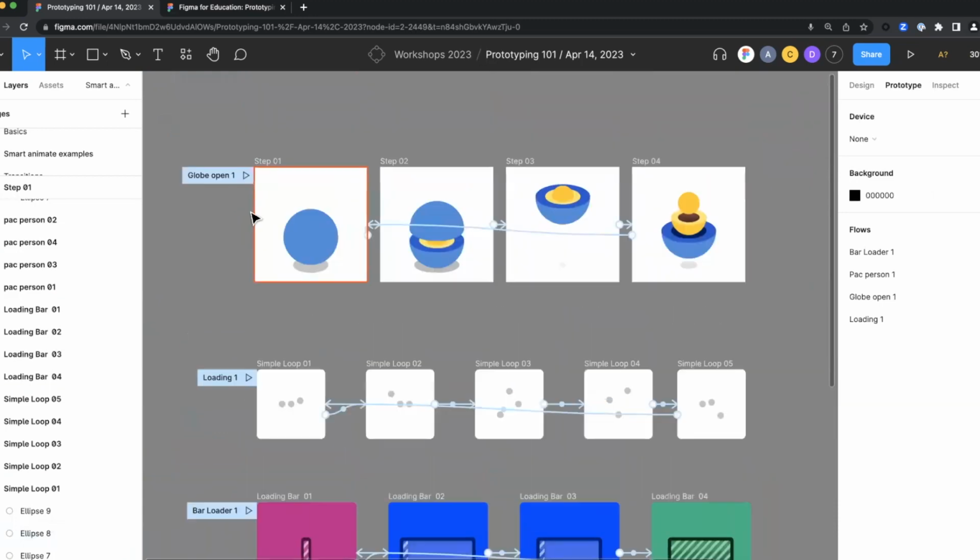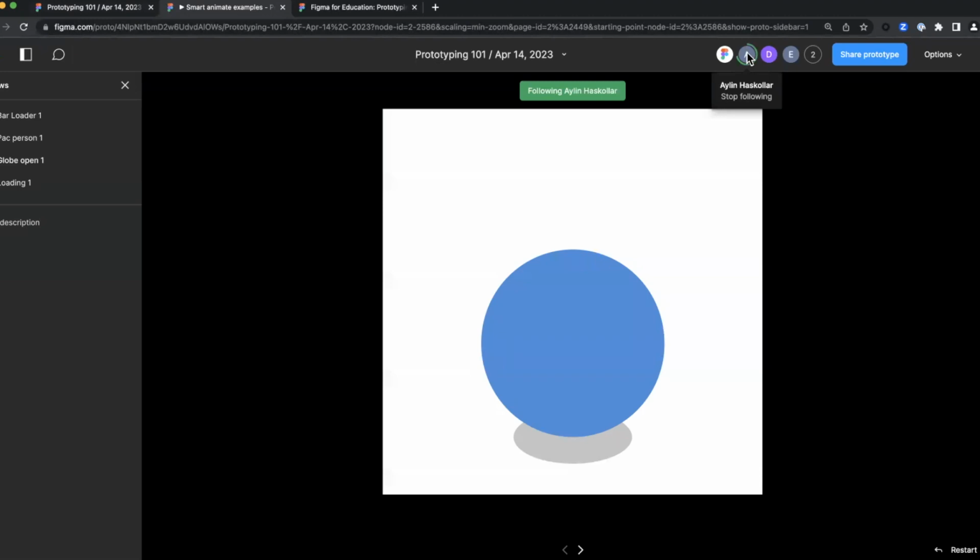So let's see here. Who else is in the prototype mode right now? I can follow along somebody else and I could see where they're at. If I'm following Emma, if you're there, click on something, click on the globe. If you're like in this prototype right now,